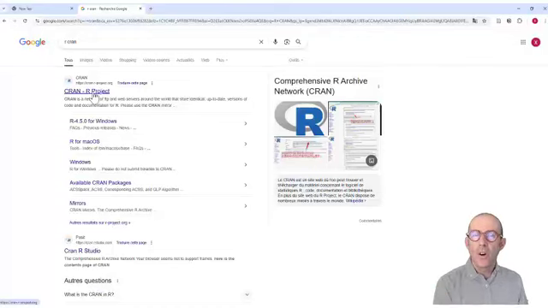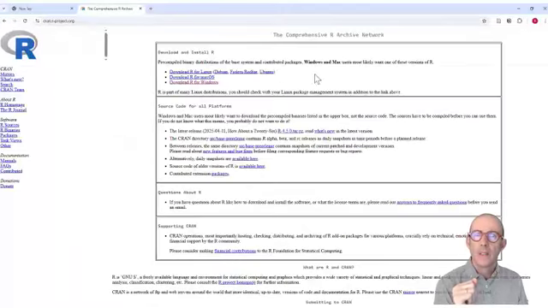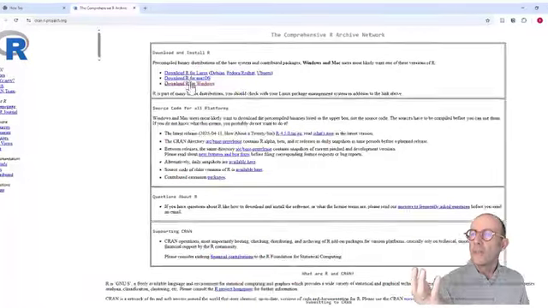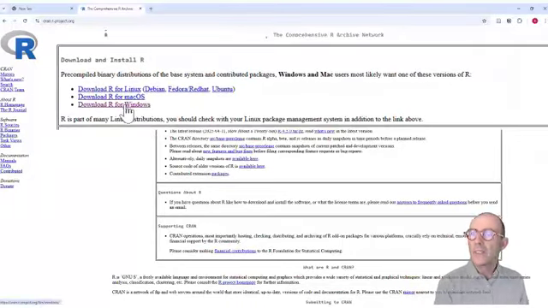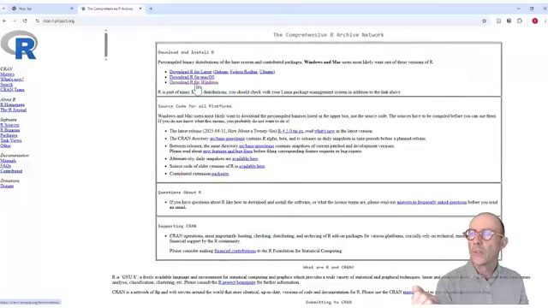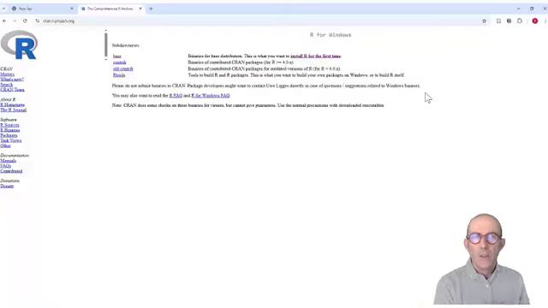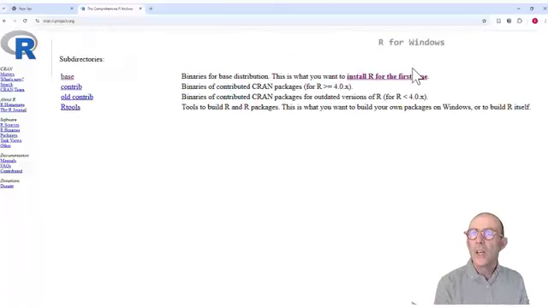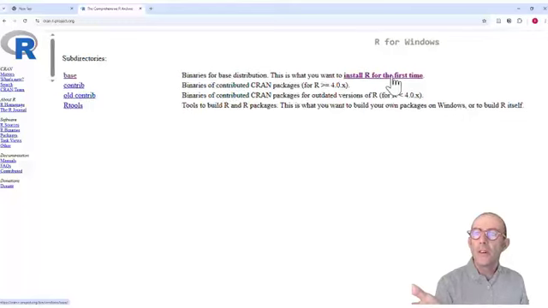So you click on this link and you arrive directly at a page, download and install R. You have different operating systems. Obviously, for those of you working with Windows, you click on download R for Windows. You arrive at a page where you have several options, but you have to install R for the first time. So you click on it,